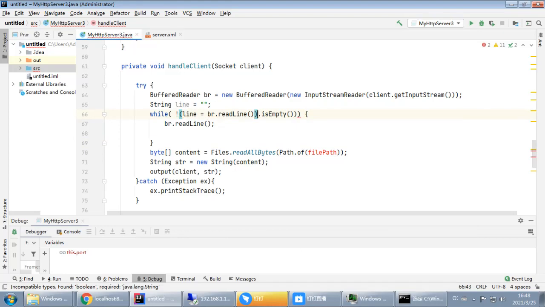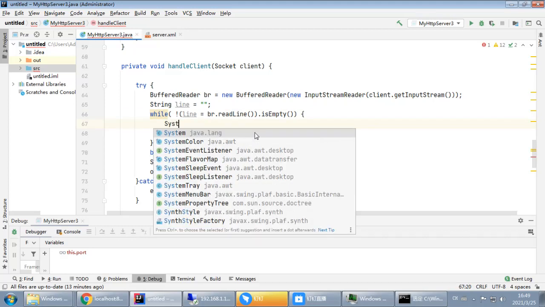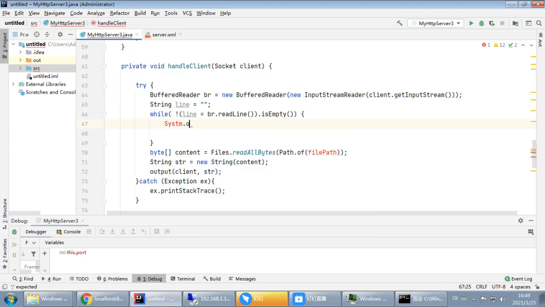Oh, this one is an integration. The whole part here, this one is empty and not empty. Okay, then we will read the line. We will output the line and have a look. Maybe we can use System.out.println, the line,